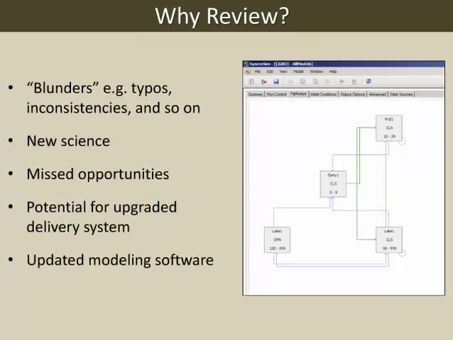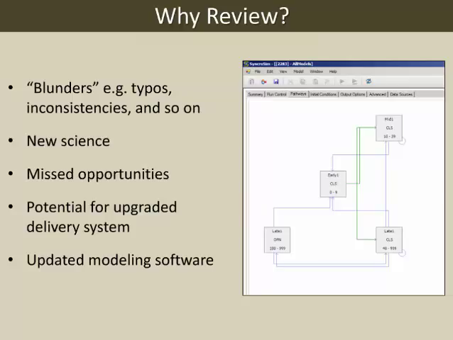All right, so the reason we need this review is that we have some blunders, meaning there are some typos, inconsistencies, things like that. Our team is focusing on that. We don't want you to spend your valuable time doing editorial work. But what we do want you to do, if you can, is add in new science. It's been 7-8 years. There's been a lot of new papers, a lot of new research. Maybe we know better how to model the ecosystems. So either you can go in and play with the models, or you can tell us how to play with the models after you look at a document.